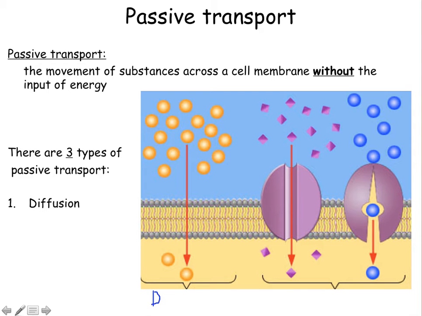I will write it in slowly. Okay, so this picture shows us diffusion. The molecules are moving straight through the membrane with no help from anything and no energy being used. The second type is osmosis, which is not shown on this slide, but we will illustrate it in 2 slides from now. And then finally, the third type is